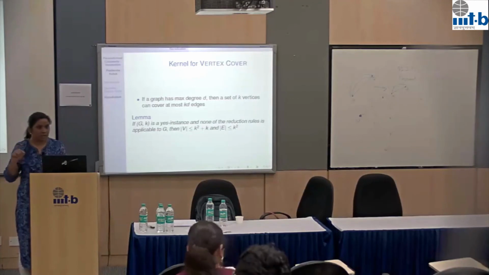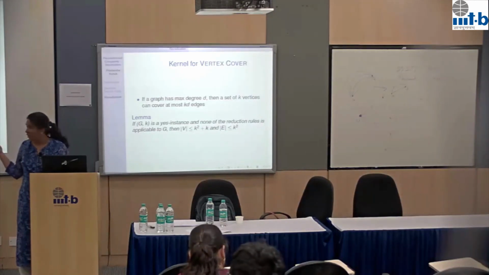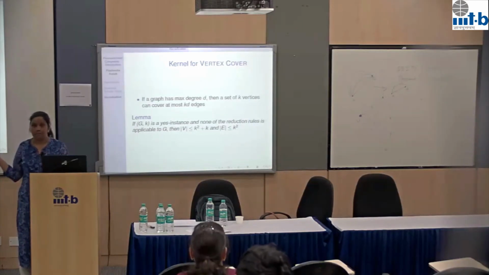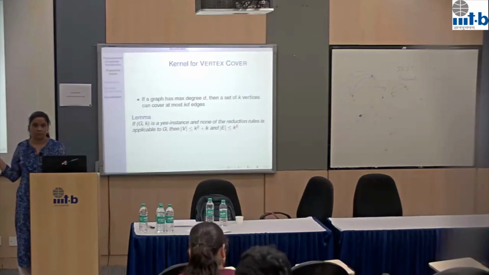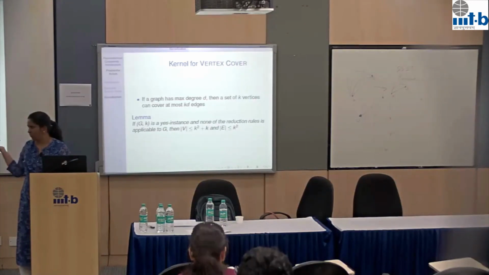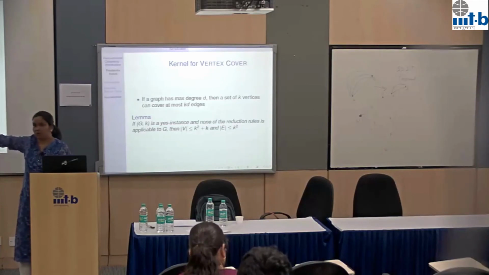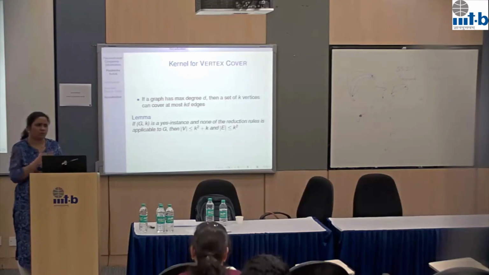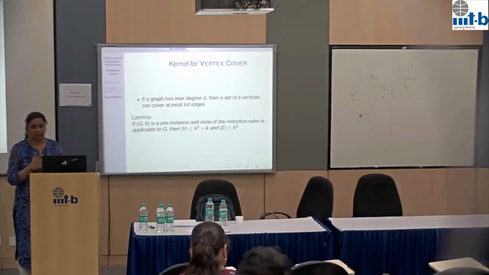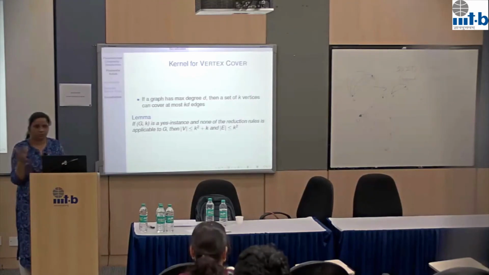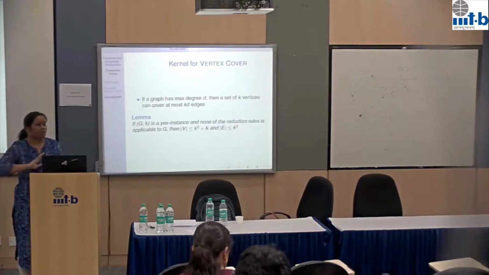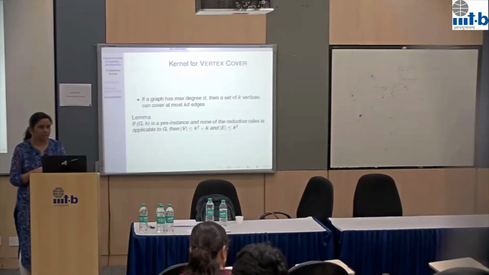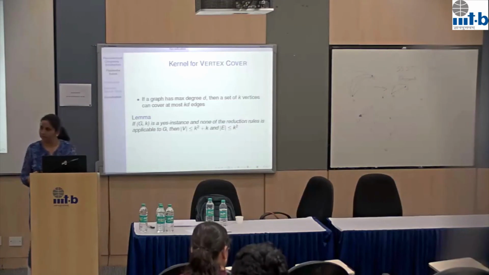Okay, and if the size is this much, can you say that it's a yes instance? Does it mean that it's a yes instance? No, right? Need not be. But now the size of the instance is bounded by a function of k. You can by brute force find all the vertex covers and check each of them, or you can use some clever other method. But anyway, you can do it in FPT. The running time will be FPT. Okay? Questions?